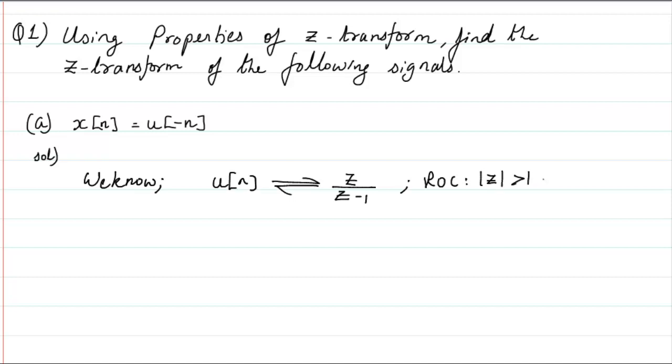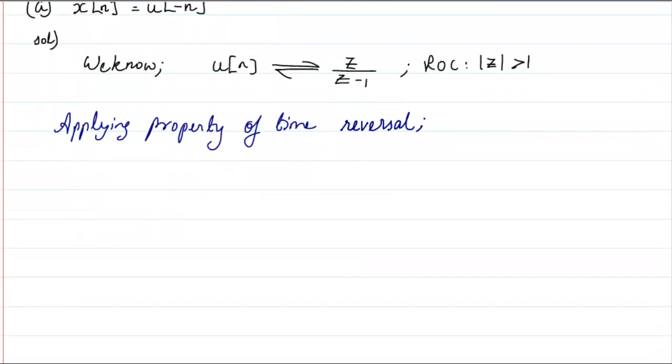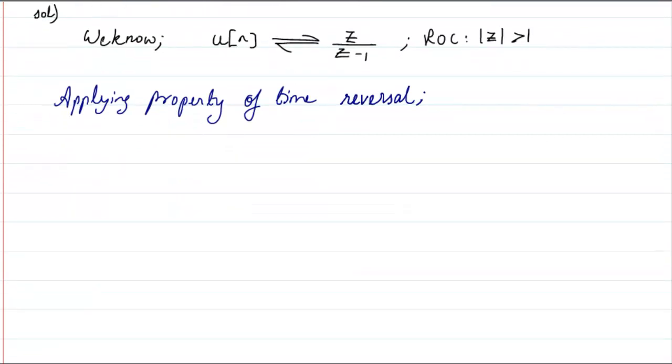Why greater than 1? Because the ROC should be outside the circle. Why? Because we want to go for a right-handed sequence. So u of n is a right-handed sequence, and this is what we have already studied of the Z transform of the basic signal u of n. Okay, next we will apply the property of time reversal. And what is the property of time reversal? The property of time reversal says that